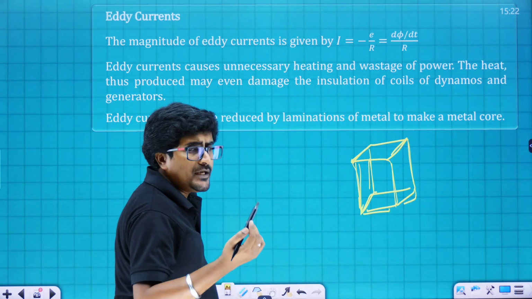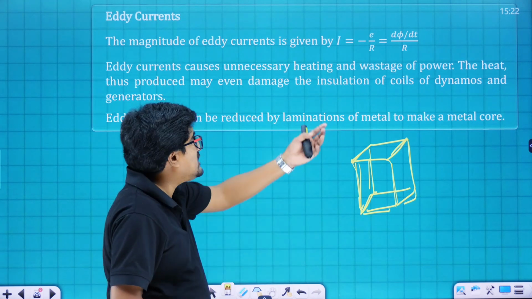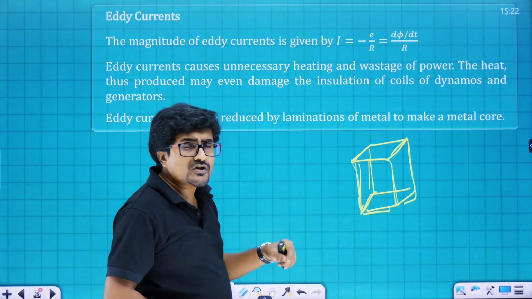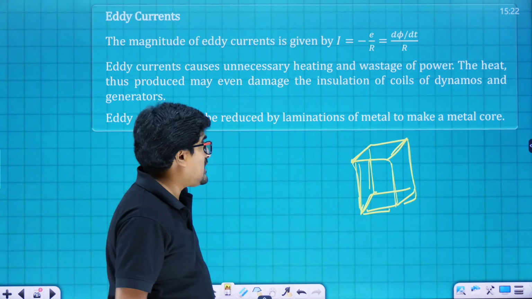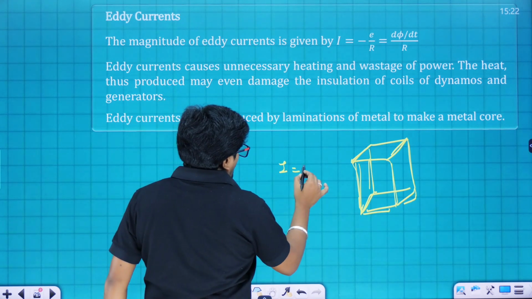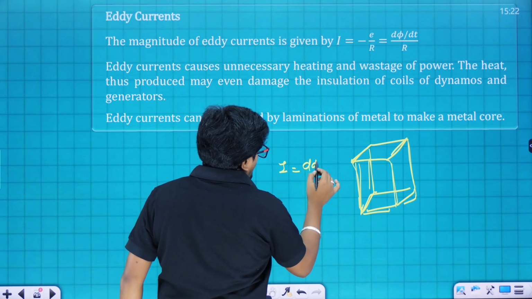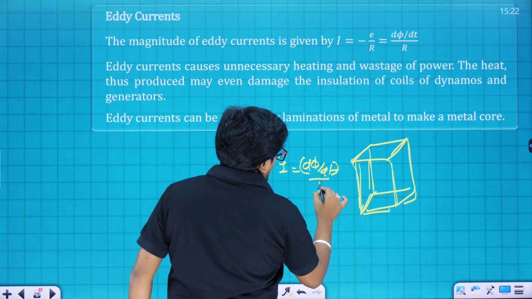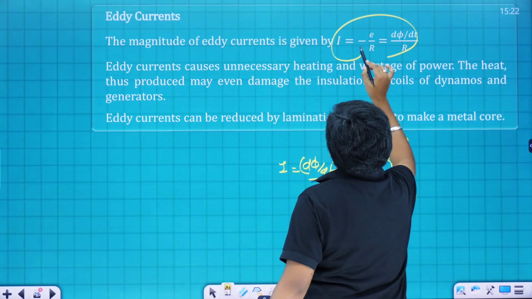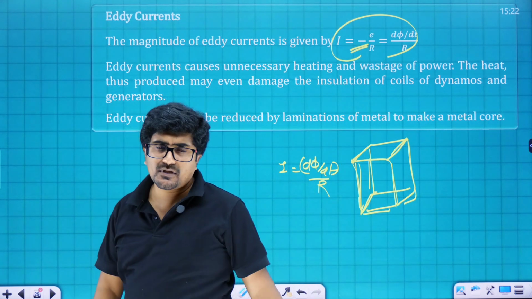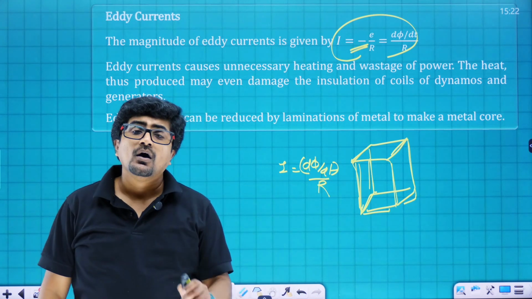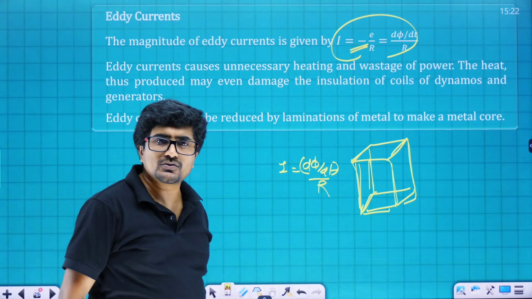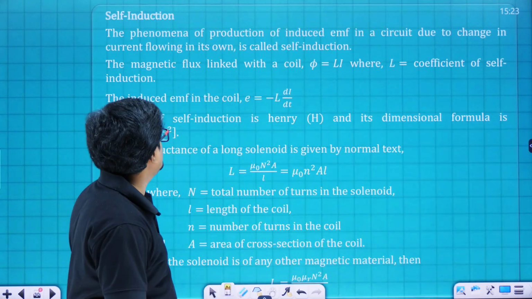In that case also, the induced EMF is going to be the same thing, that is dφ/dt. If the path through which the current flows offers a resistance of capital R, then the induced current developed here is going to be dφ/dt divided by the resistance R. Again, the negative sign, I already told you many times, stands for the opposing tendency of the induced magnetic field against the change in magnetic